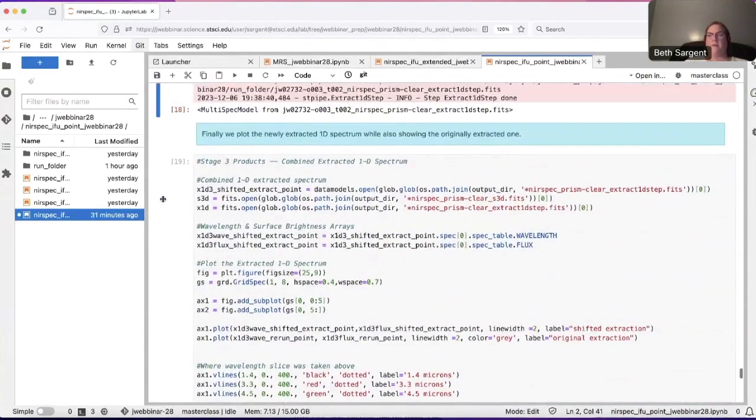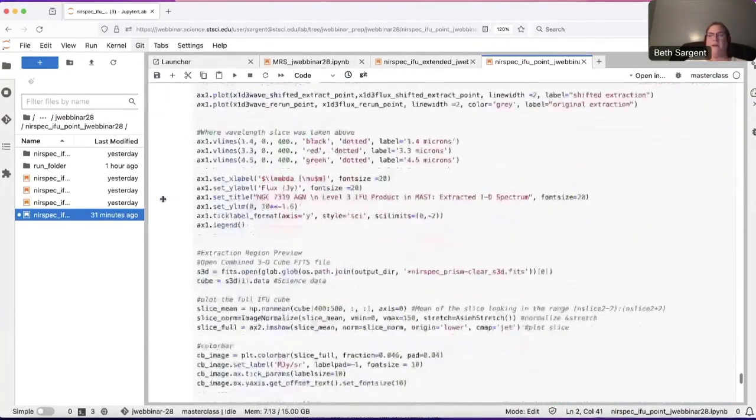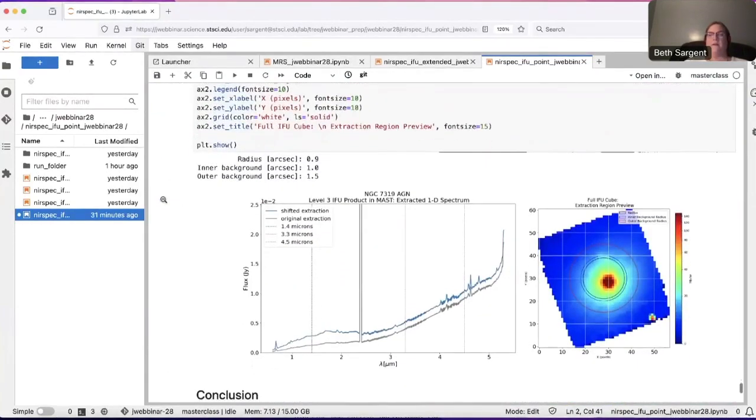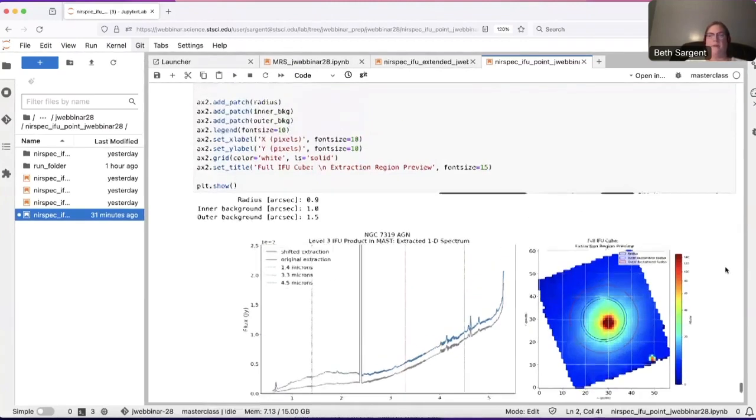And then that was successful. And then finally show the final output. So the original extraction here is gray, the reprocessed is the blue here, and then an image